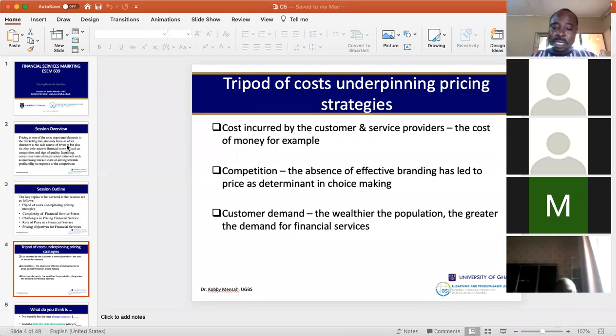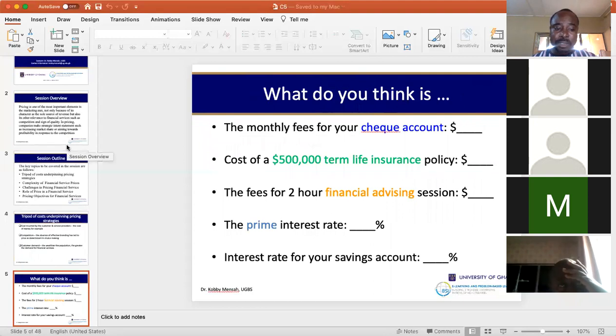So these three are the tripod underpinning pricing strategies, all right? That is the cost incurred by the customer or the service provider, competition, and then of course the demand, as in the customer and their willingness or ability to pay. So in pricing, we are considering these three factors before we make our determination. And so,